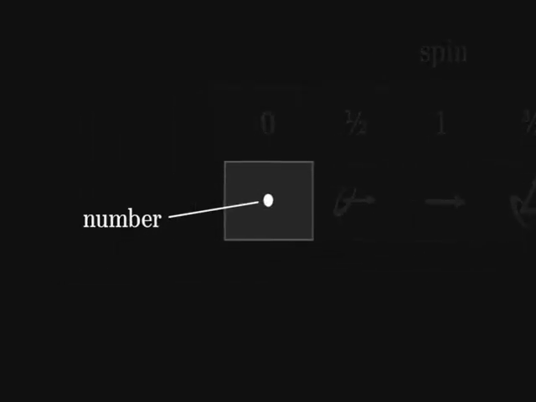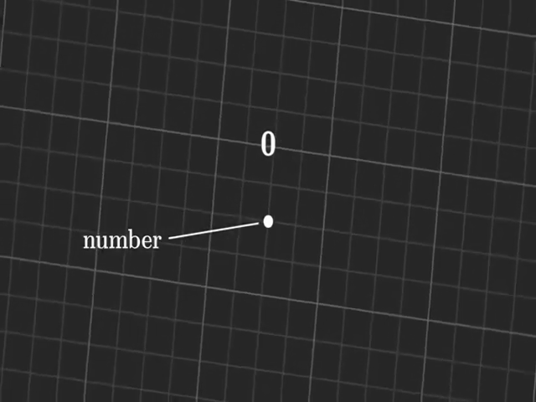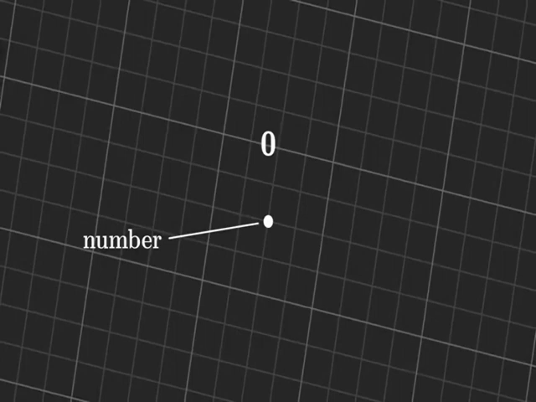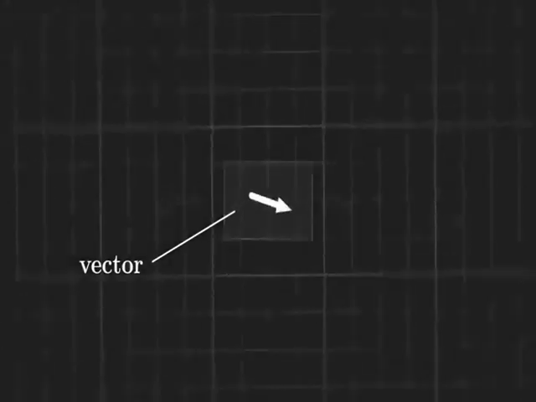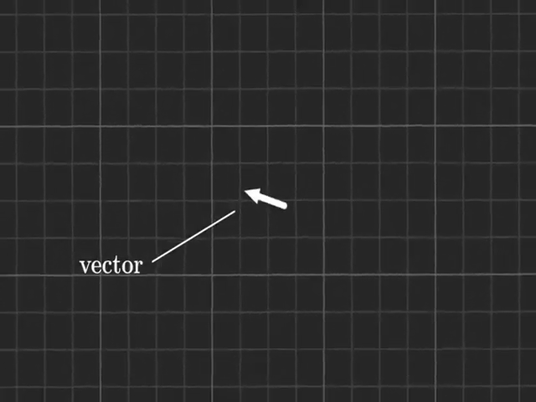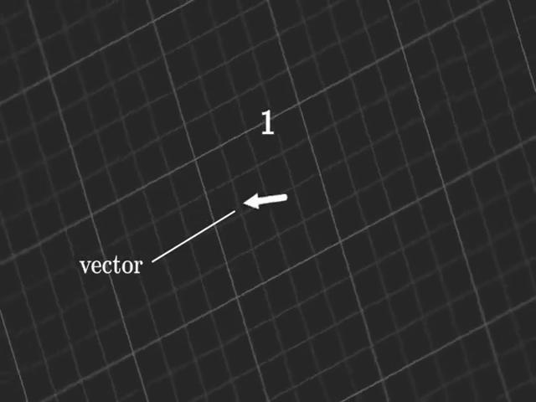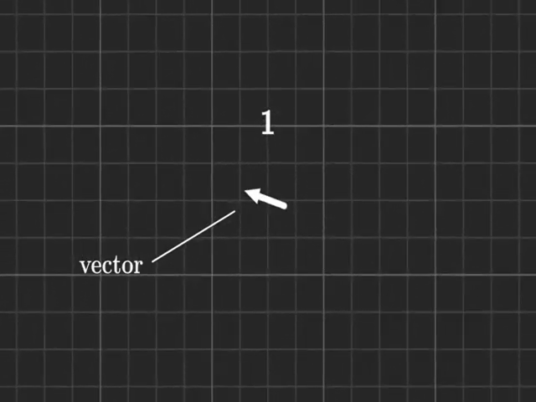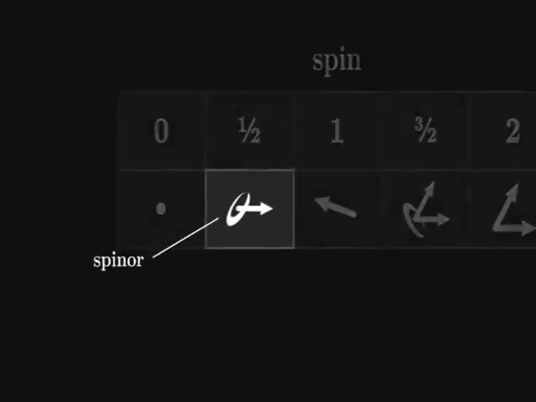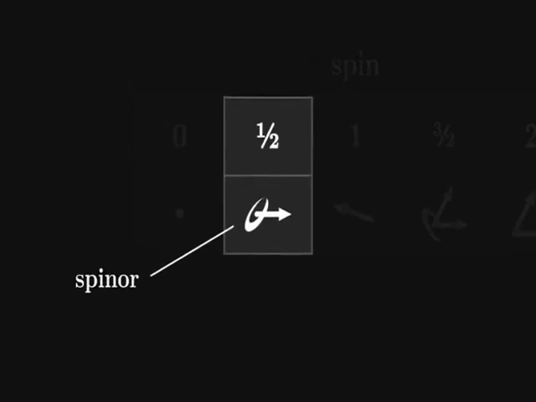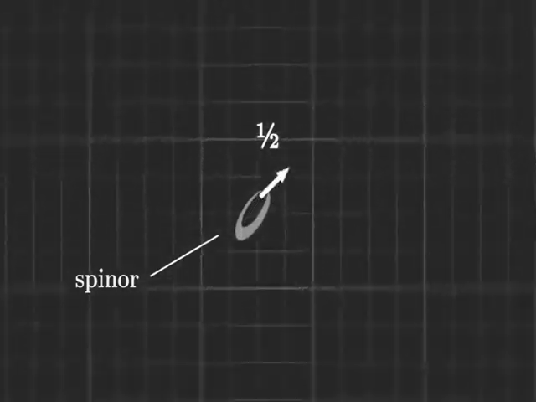The simplest objects that we can use are numbers. We give them spin 0 because when we rotate space around a number, it does not vary. Vectors, on the other hand, indicate a direction in space. Their appearance depends on the orientation in which they are observed. We assign them spin 1 because when we rotate space by a full turn, a vector also describes a full turn. Finally, relativity also allows other more exotic objects, and in particular spinors, which have spin 1/2. You have to make 2 turns around the spinor for it to come back to its initial state.